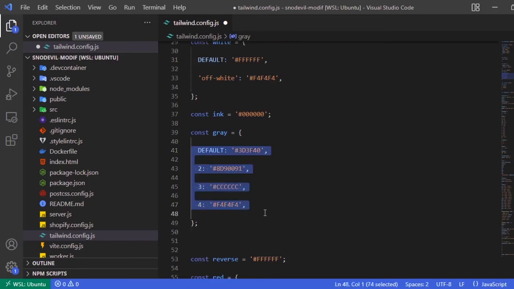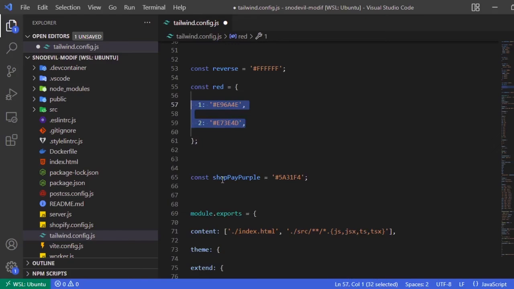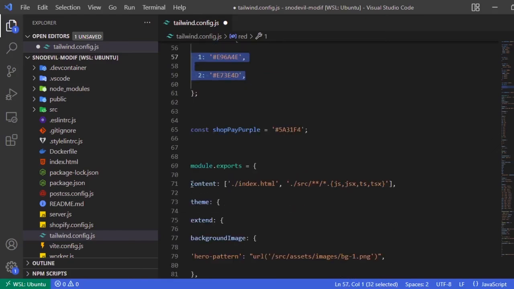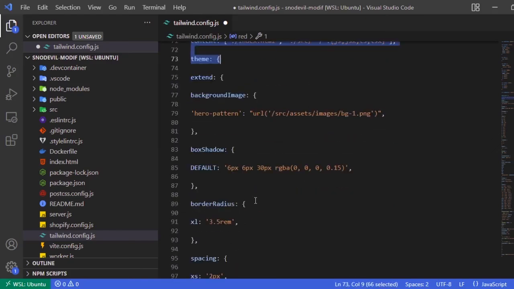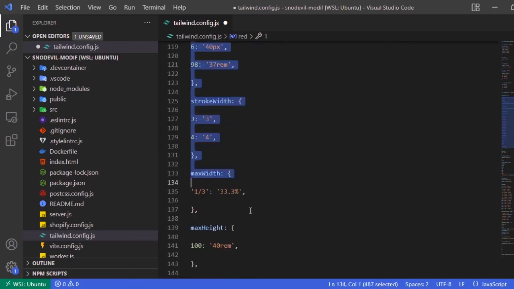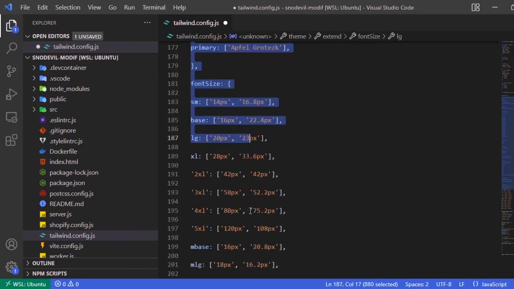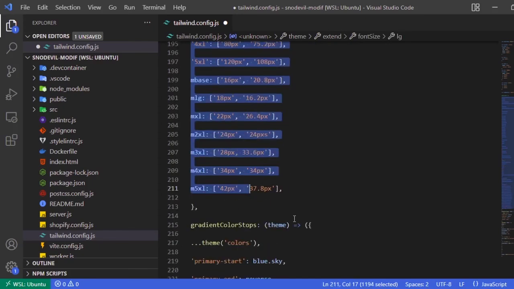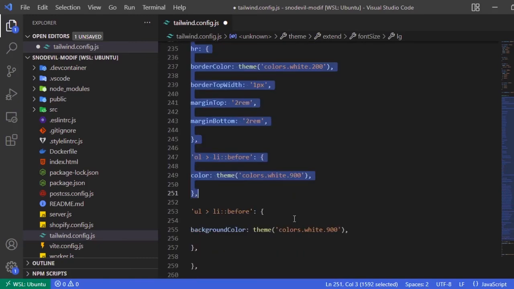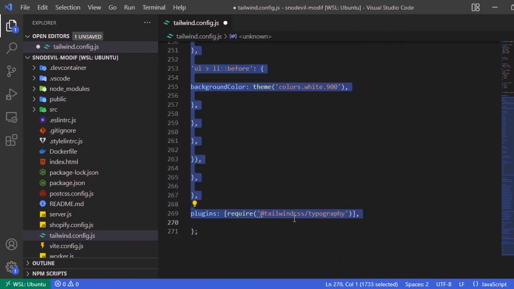Also below the const thread. And on the module exports. Give a tab, save it,